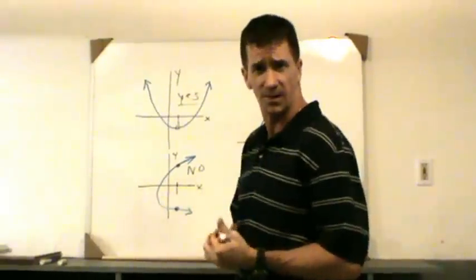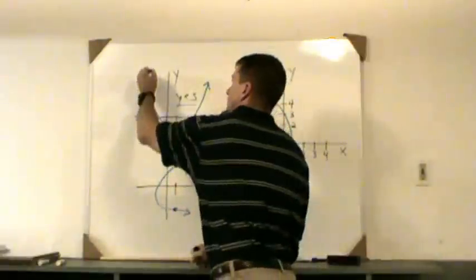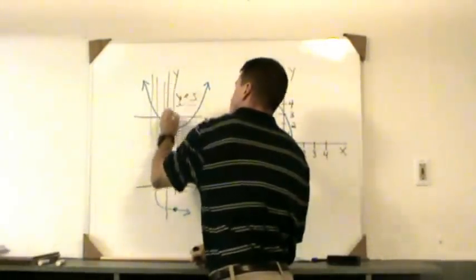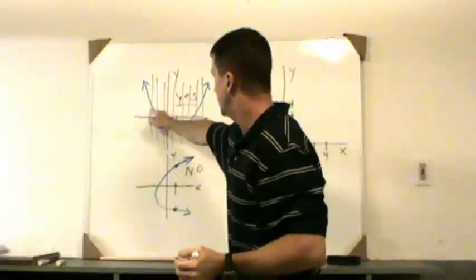And you can do what's called the vertical line test. The vertical line test is you just draw vertical lines through the graph. And as long as every time you draw a vertical line, you hit it at most only once, it passes the test. Every time I hit it once,